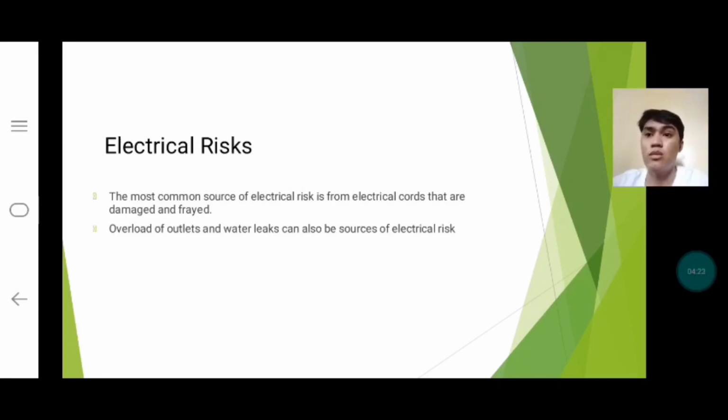Overload of outlets and water leaks can also be a source of electrical risk. Most companies use electrical power because they use machines. Be careful, especially with leaking wires or water. Using PPE when handling both mechanical and electrical equipment should be protocol in the industry.